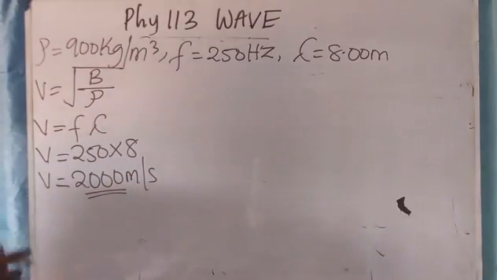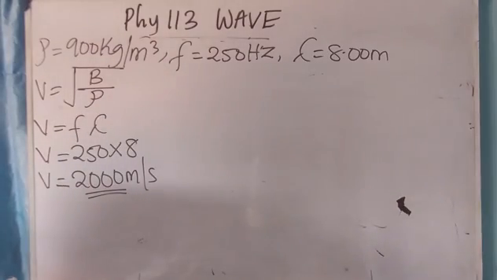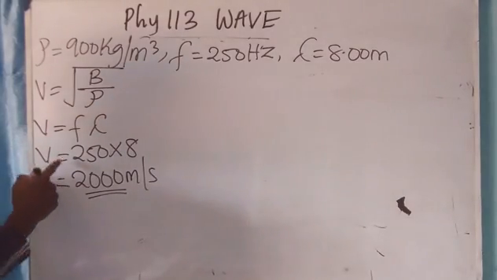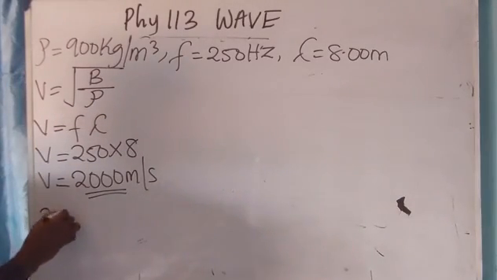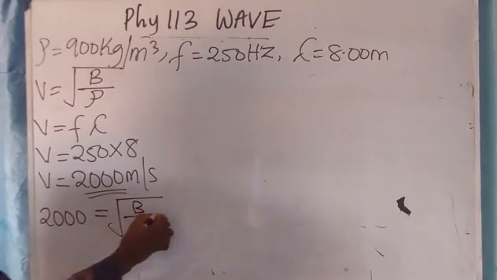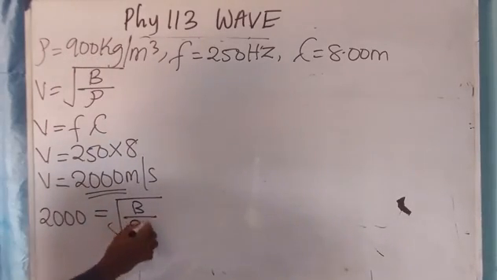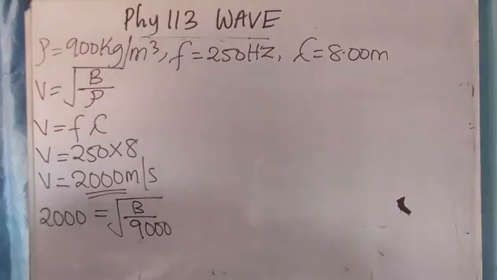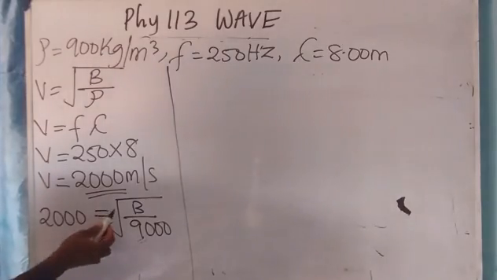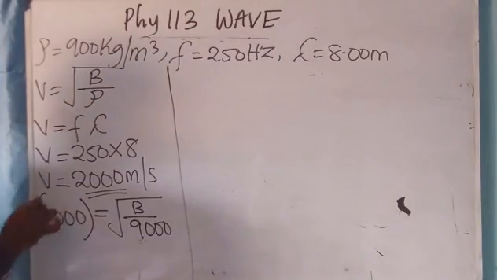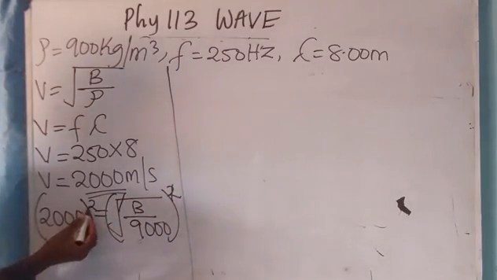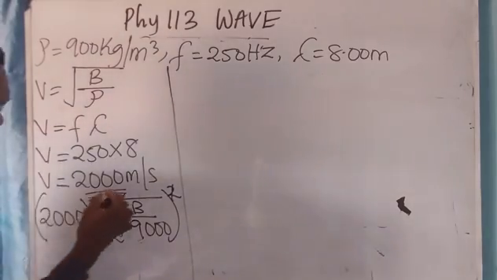Now we've gotten velocity as this, but we were asked to calculate for what? Bulk modulus, which is B. We can now substitute. Velocity is 2000 equals the square root of B over density. Density was given as 900 kilogram per meter cube. Now you have a problem here. To cancel out this root, what do you do? You square both sides, so that this 2 will cancel out this 2. Then this 2 will also affect this very one. So you'll be having 4,